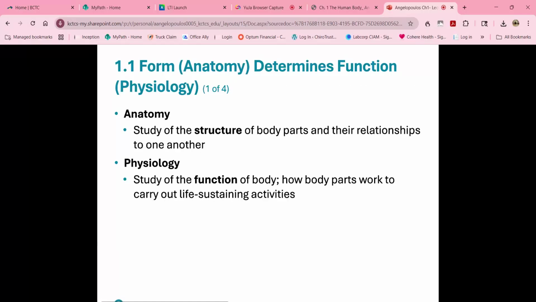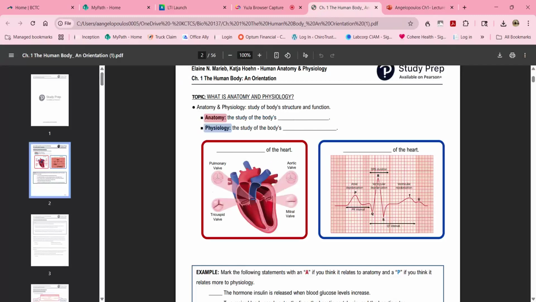So let's look at another screen, and here we have some pictures. Anatomy, the study of the body's structure, and physiology, the study of the body's function. When we have these two pictures right here, we have the picture of the heart. We have it sliced open here so that you can see the internal chambers. We have the valves out here, okay? So we're not looking at this picture so that you learn the parts of the heart. We're looking at it so that you understand that the anatomy is the parts that you can see, the structural parts,